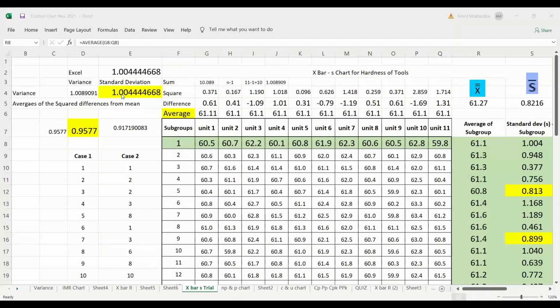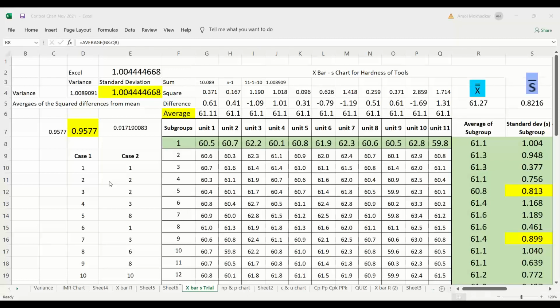Not range. Suyog, it is not a range chart. It is the X bar S chart, not the X bar R chart. Why would you put range here? There is no question of range here. Instead of range, you are taking the standard deviation in the X bar standard deviation chart. The name suggests itself, it's the X bar S chart. Means what data will be there?